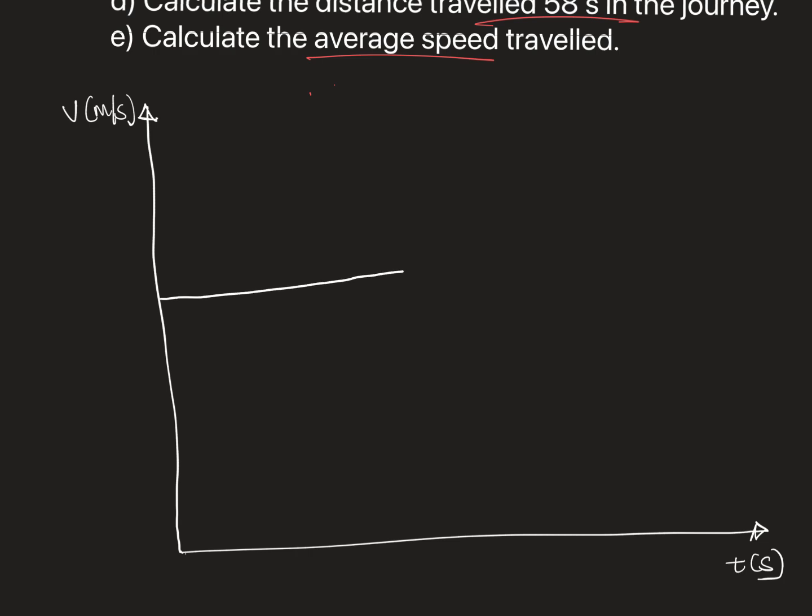This is how you draw a constant velocity of 51 meters per second, and the duration was 40 seconds. After that, the body accelerated at 4.5 meters per second squared